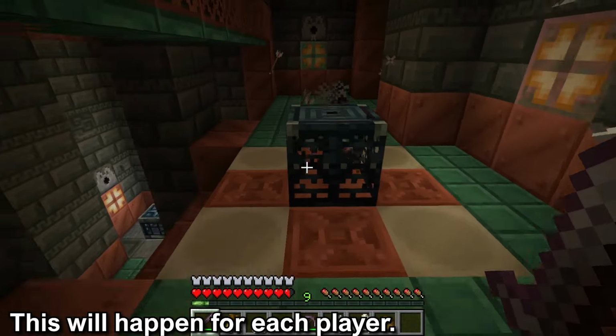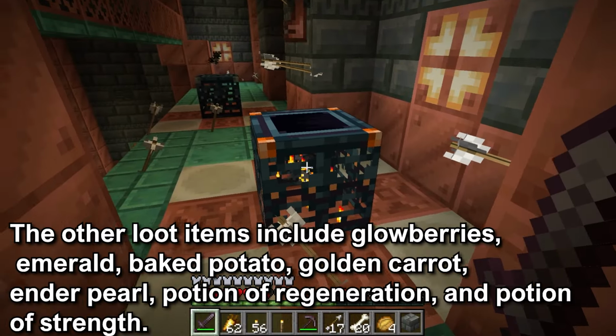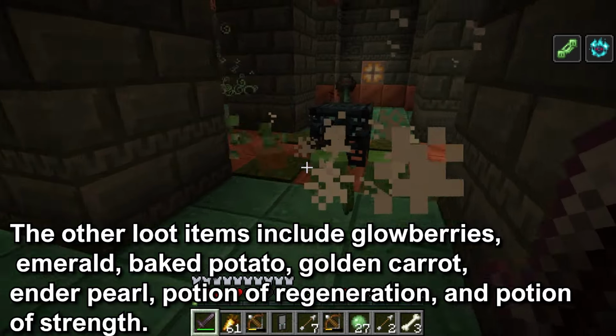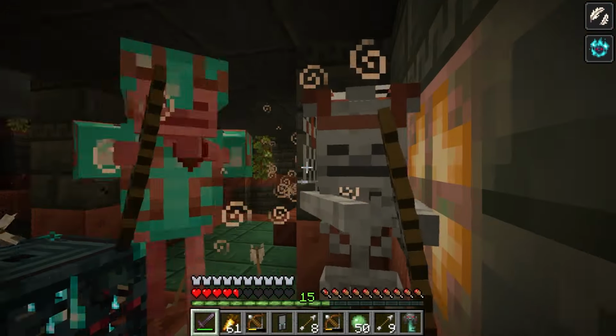This will also happen for each player the trial spawner has detected. There's a 50% chance to get a trial key. The other 50% chance can be things like glowberries, emeralds, baked potatoes, golden carrot, ender pearl, potion of regeneration, and the potion of strength. These items are meant to be useful in helping you combat the mobs in the trial